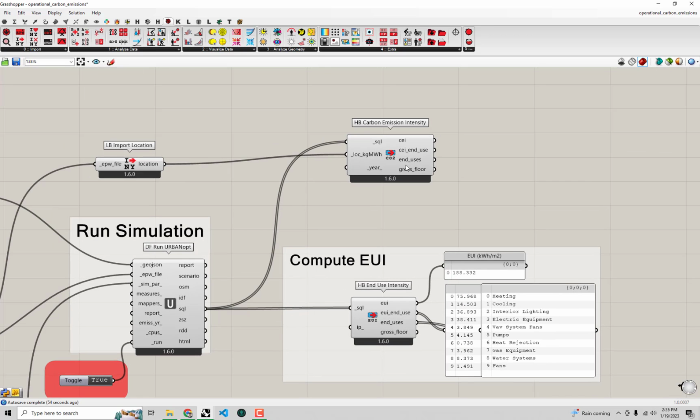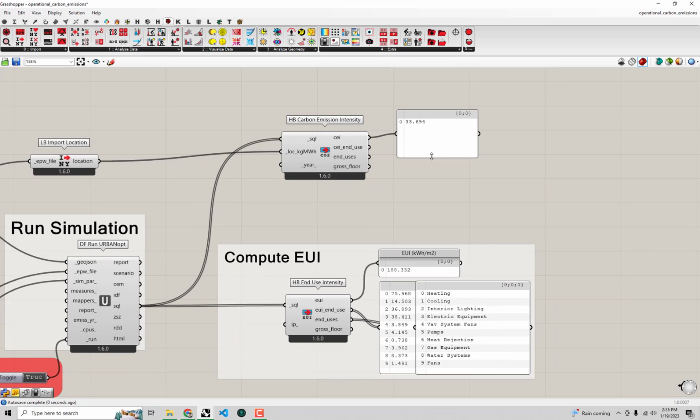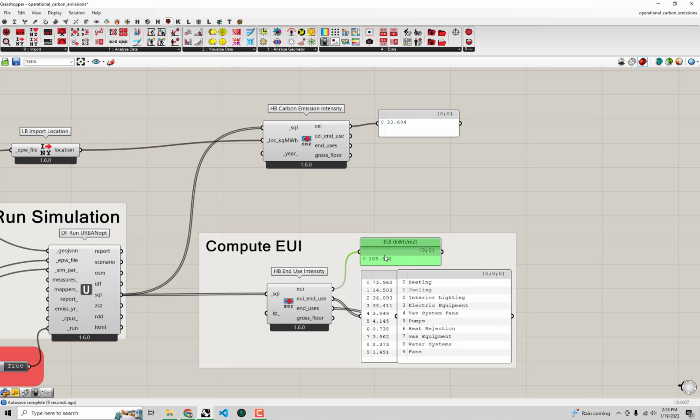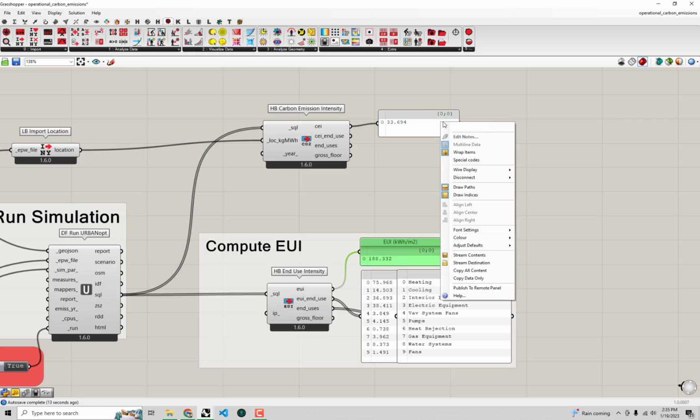So I'll just stick to 2030, and let me pull up a panel here so I can look at what the carbon intensity is. By default this is in SI, in kilograms of CO2. Whereas our energy intensity was about 188 kilowatt hours per square meter, our carbon intensity is about, let's see, 33.7, and this is in kilograms of CO2 per square meter of floor area,